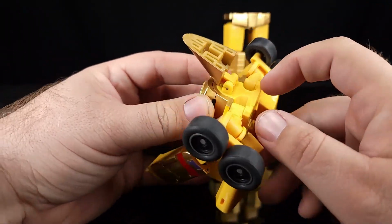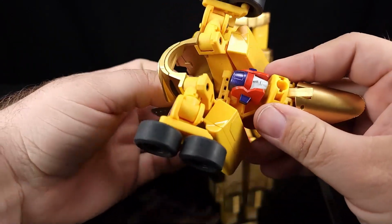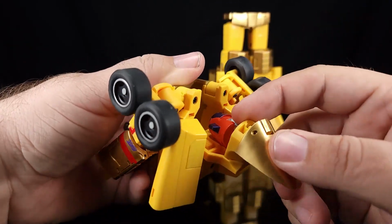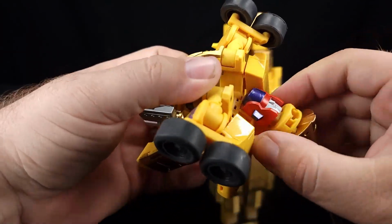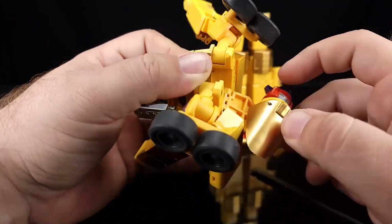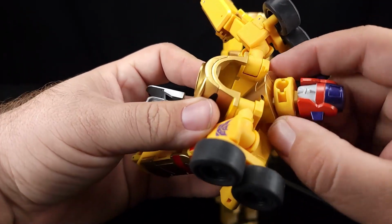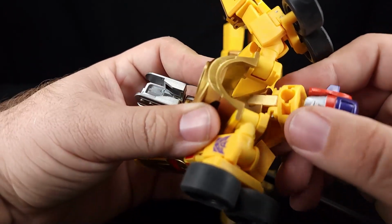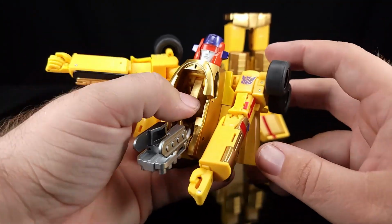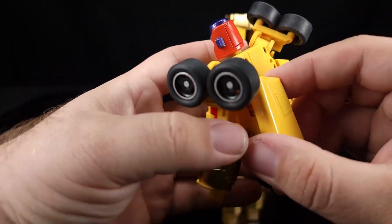But this whole section needs to be free so that you can pull all of that back to expose the head. Then you've got all this on a swivel. So what you want to do is collapse this kind of like that. I believe that is what we want to do. Get out of the way there. Okay, and now this gold piece is going to fill up this void. Nope, I was actually wrong. You want it flat, and then it has to go inside the void like that. So you want to push that in all the way, and then now you can close that up,